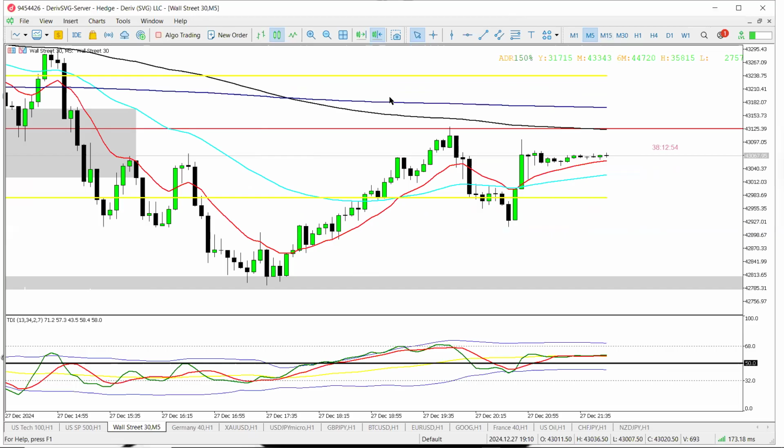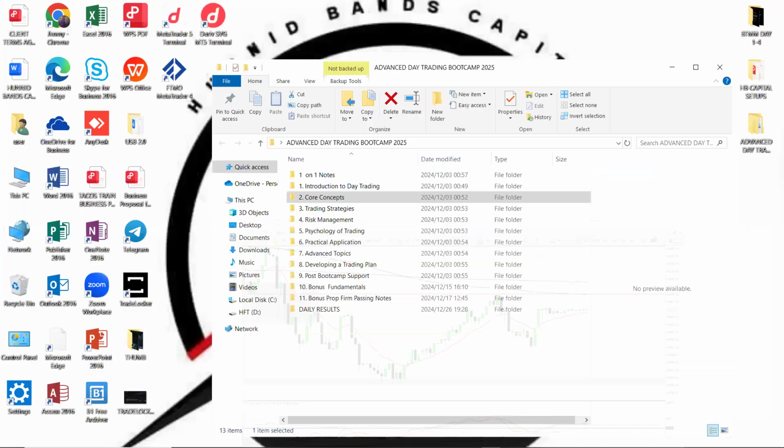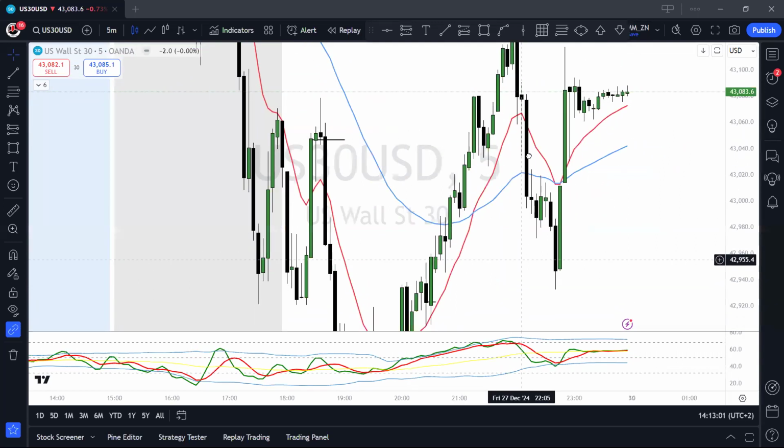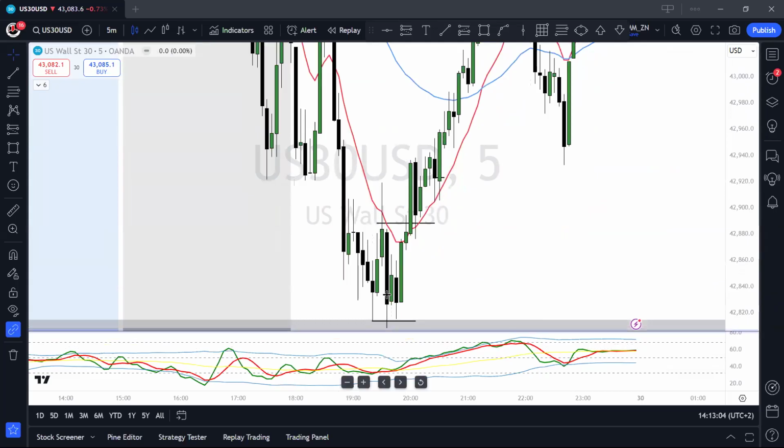So on M5, let's see. Let me actually go to TradingView because I think I was stoking this nicely on TradingView. So on TradingView, I want you to notice this. On the 5 minutes, what you see is price actually took out this low here, was taken out by this candle. Then price pushed up aggressively, breaking a structure, which left an order block in the zone, retraced and found that zone, also found the 13 EMA on the same spot. So my entry, if I'm taking this, would be at the close of this green candle with my stop